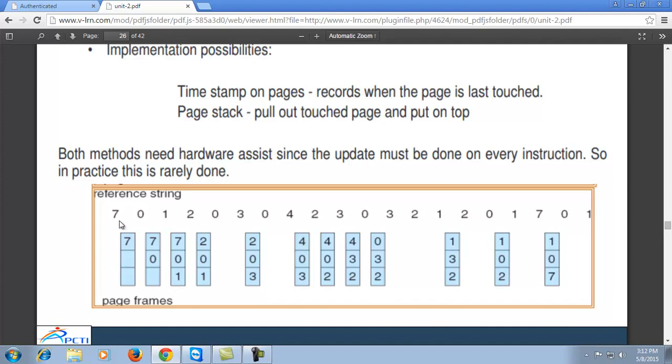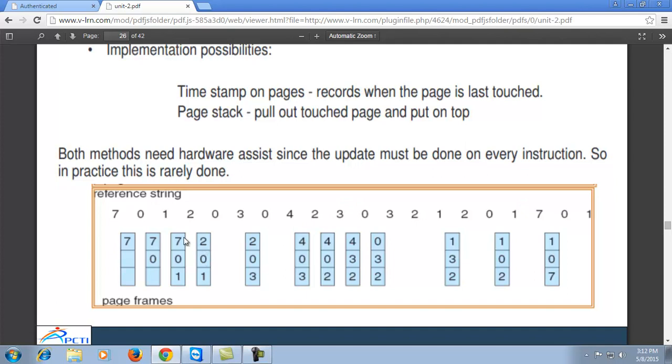First, the value entered is 7, the next is 0, next is 1. Now we have to replace with 2 among the existing values. We have 0, which is required in the future, and we have 1, which is also required in the future, but 7 is the last value, required at the end of this sequence. So we will replace that value which is no longer required.